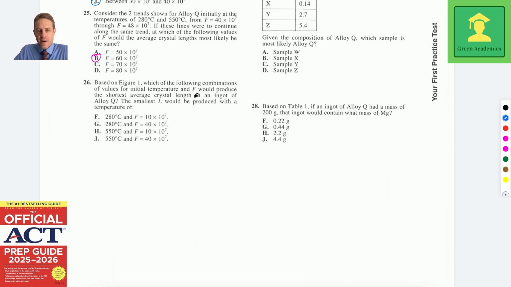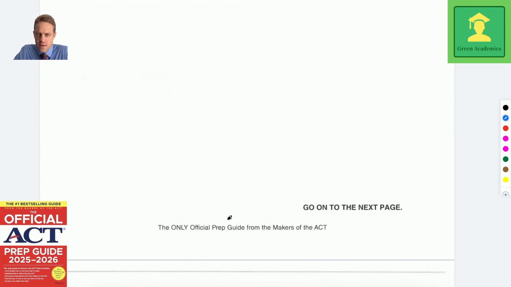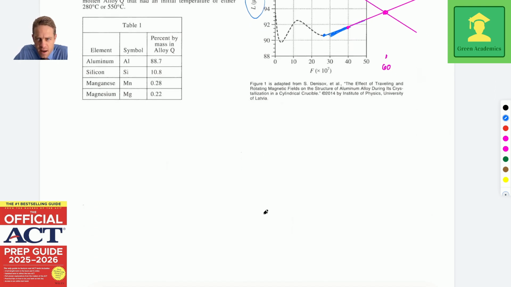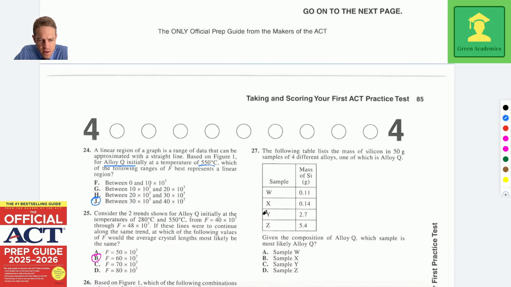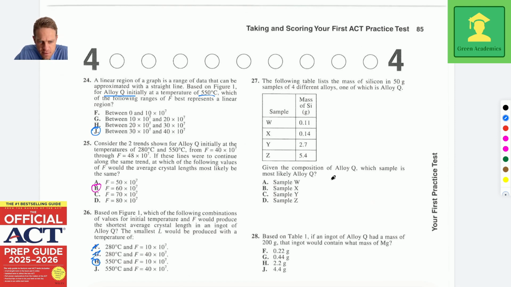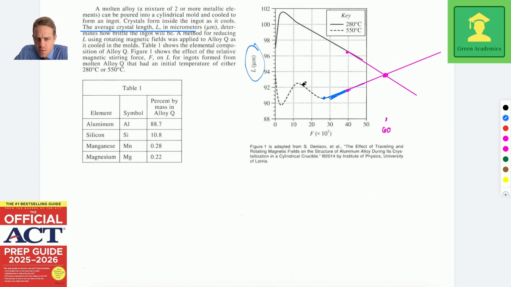Based on figure 1, which of the following combinations of values for initial temperature and F would produce the shortest average crystal length in an ingot of alloy Q? The shortest average crystal length. So average crystal length is this. The shortest, well, it's the one that has the high temperature and the lowest F. So it's whatever that is. The high temperature and the lowest F is just this, right? 550, and the 10 would be... Oh, or did I mess that up? Oh, maybe